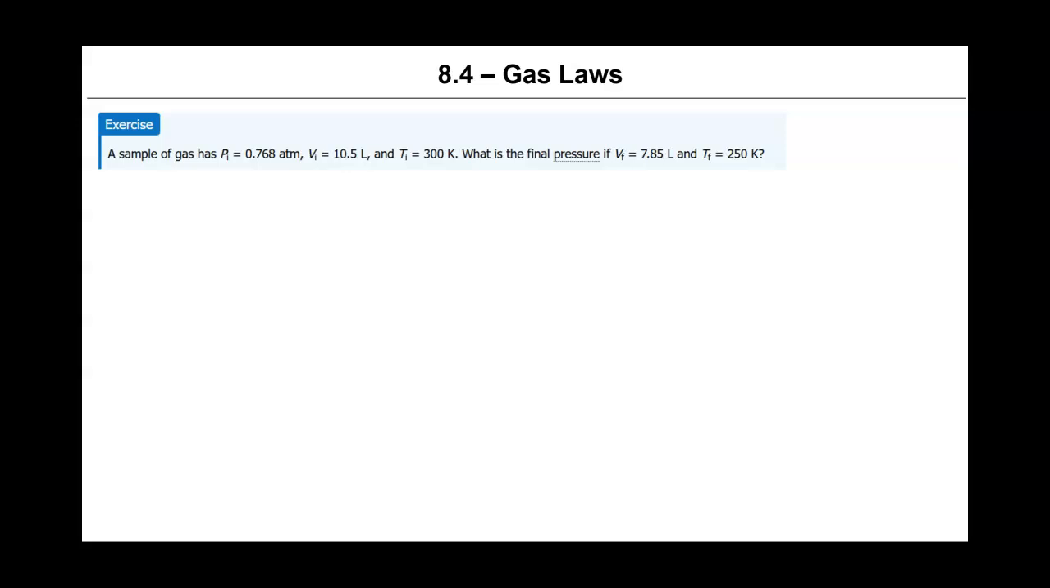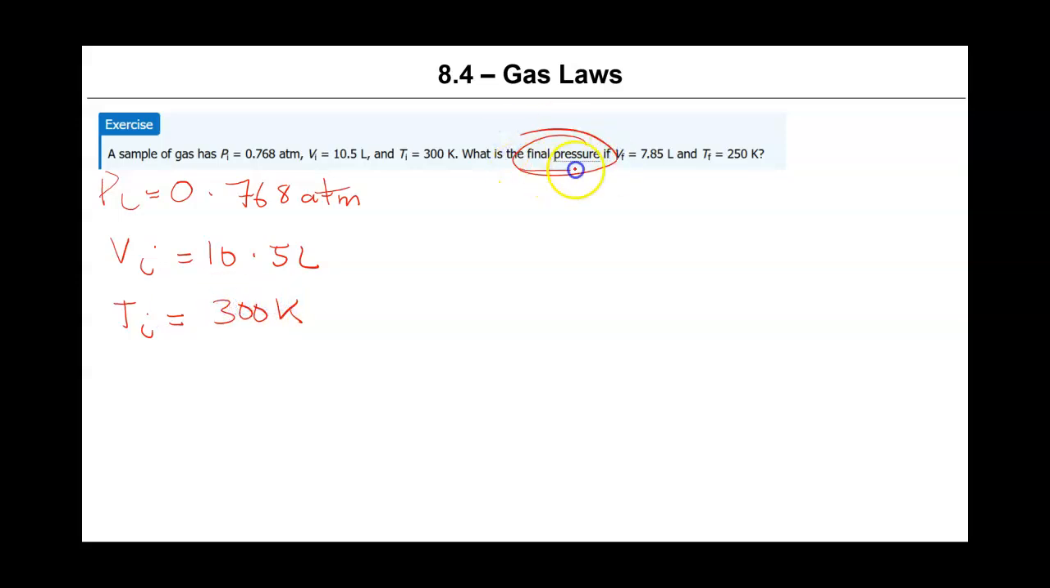Here's another one. We've got Pi equals 0.768 atm. We've got Vi equals 10.5 liters, and we've got Ti equals 300 Kelvin. In this case, we're asked what is the final pressure. So P final is what we're looking for. We know that V final is 7.85 liters and that T final is